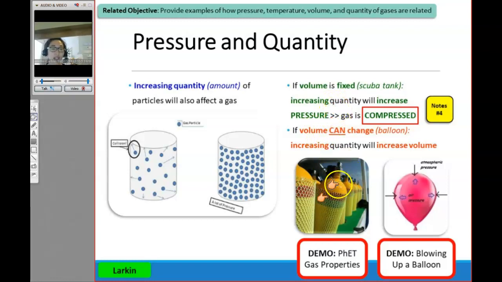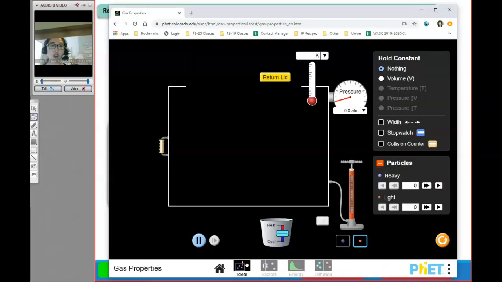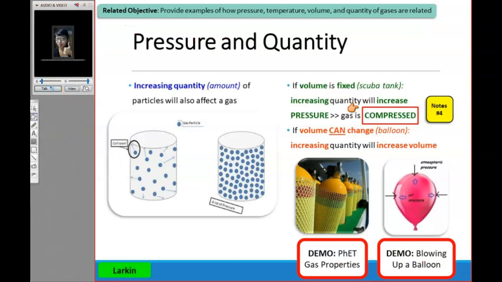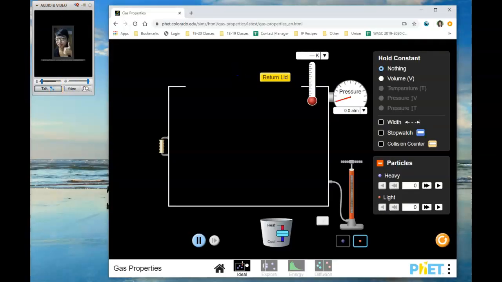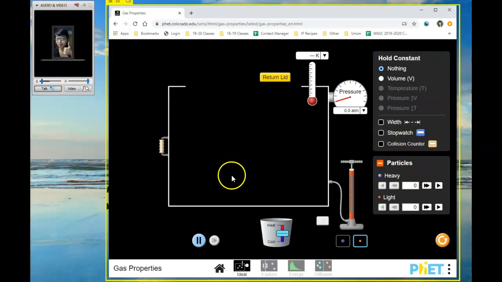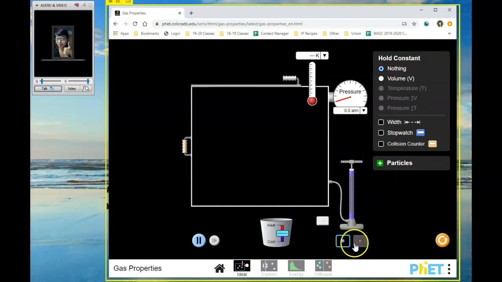Now, for a while, it'll be fine because scuba tanks are really strong. So for a while, it's going to increase pressure and the gas will stay in there and it'll be fine, and the gas will be what's called compressed, right? But you guys are absolutely right. Let me go ahead and show this to you really fast on the board. You're absolutely right, though, that if we keep on adding too much, then we have a problem, right? So let me go ahead and redo this one.